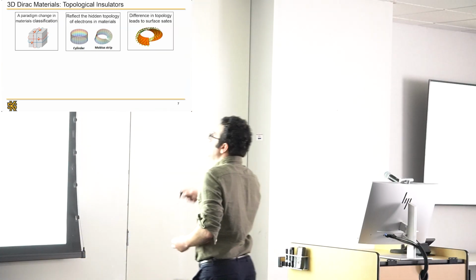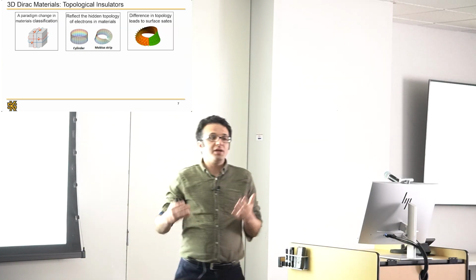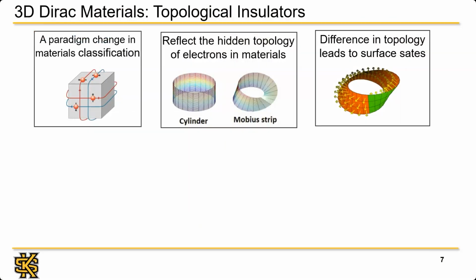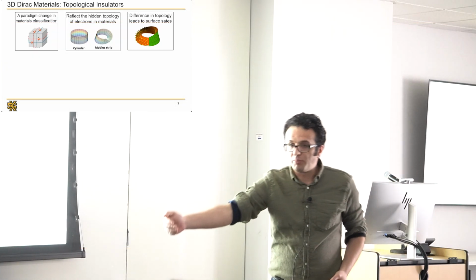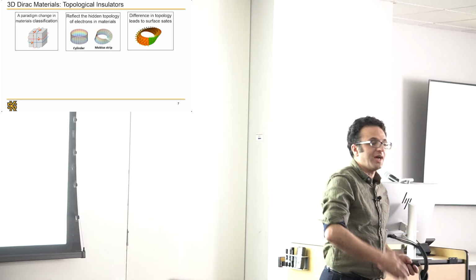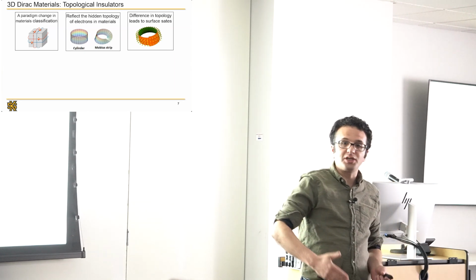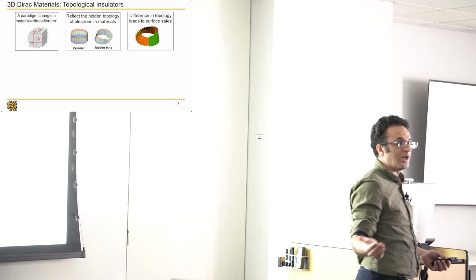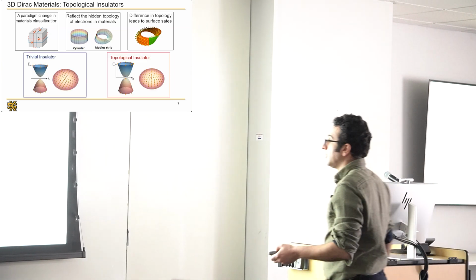Different topological states. Why is this important? Why do I need condensed matter states, or different states of matter, with different topologies? If we assume that vacuum has a trivial topology and the topological insulator has a non-trivial topology, as soon as I terminate my topological insulator, I should have a conducting state with a reduced dimensionality. I'm going to clarify this in what comes next.